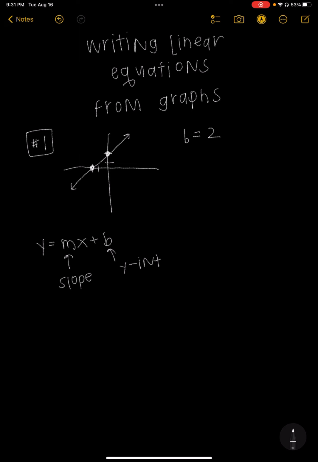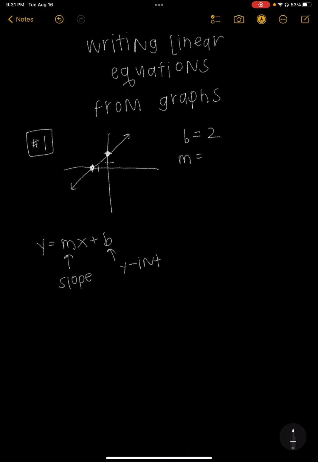Okay, so now that I know my y-intercept, my goal is to find the slope, and the easiest way to find the slope is to pick 2 points or find 2 points on the line where it crosses exactly. It doesn't necessarily have to be the intercepts. It just has to be somewhere where it crosses the grid marks, where you can definitely tell, oh, that crosses at that point. So I picked 2 points on this line, and now I'm going to find the slope between